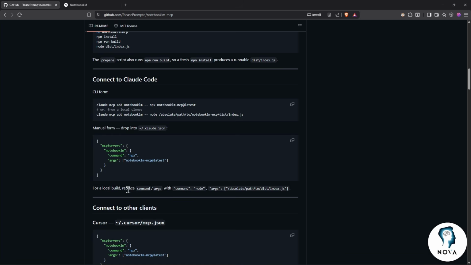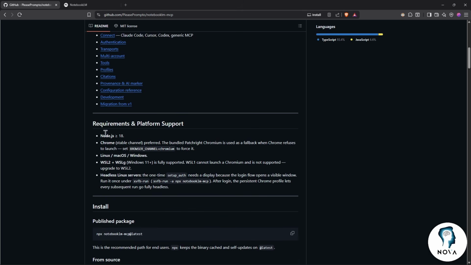And of course, for the local build, you'll have to replace the command and args with the command node and with this argument right here. Keep in mind that all of this will not work if you don't have the requirements right here. If you don't have all of those, you will get problems in your terminal, and you'll keep getting errors. So make sure to have those requirements and platform support before you start doing